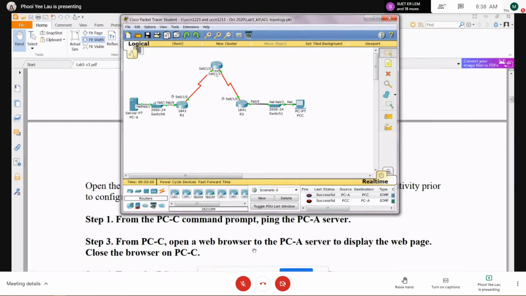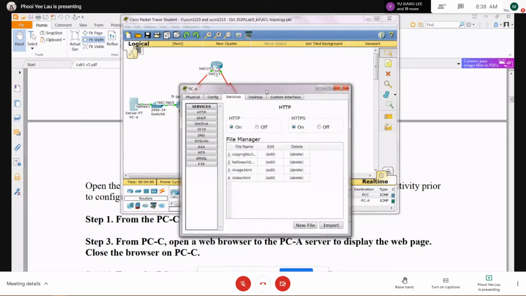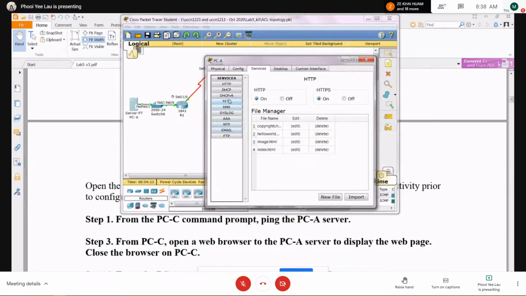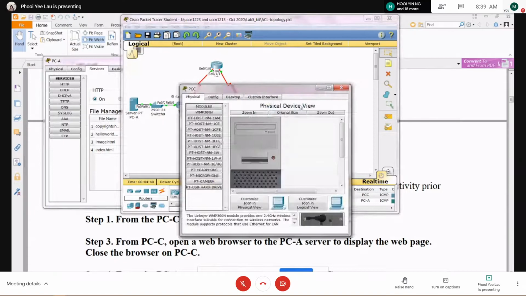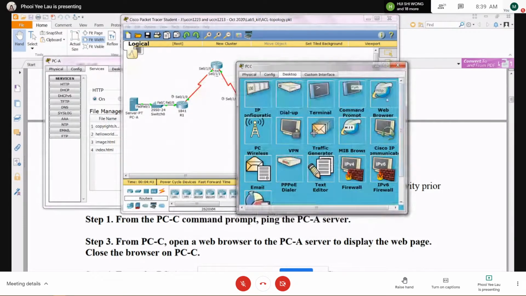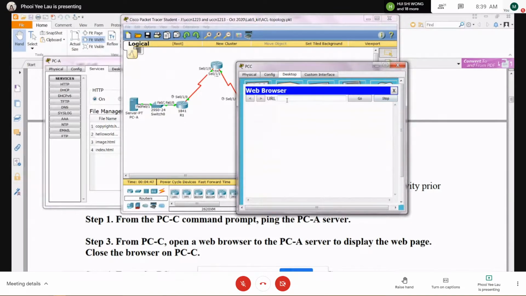So if you open the browser of the PCA server to display the web page, you can have a browser, and the services here, you have your HTTP services. Open PCC, open a browser to PCA to display the web page. Now, if you are in PCA, you notice that the HTTP service is switched on and the HTTPS is also switched on. This is important. Just double check whether this is switched on or not. Then you can go to PCC, and in the desktop, you go to the browser and you input,